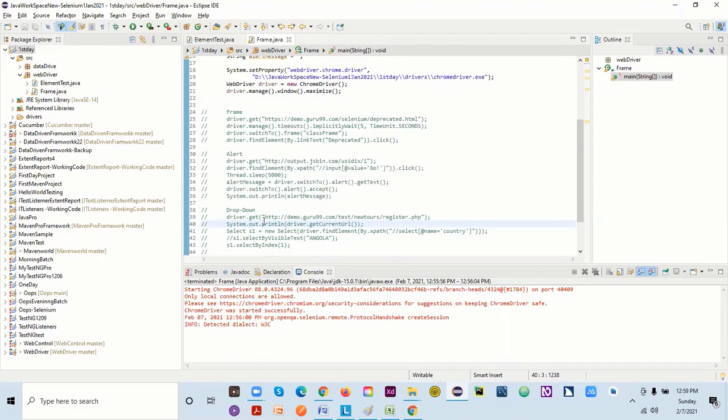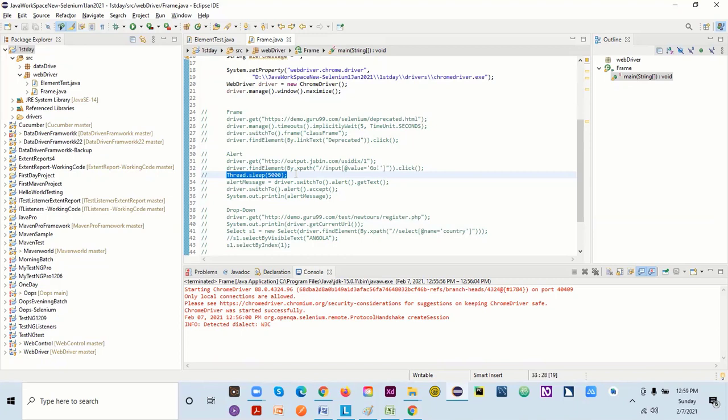Apart from this, we just saw how we can maximize our window. Using this one, we can maximize our window. Make sure whenever you navigate to any website, you maximize your window. We get the URL, we can give implicit wait. We never give a hard-coded value there, right? We just used Thread.sleep to tell you that we have this one, but it's not good to use.